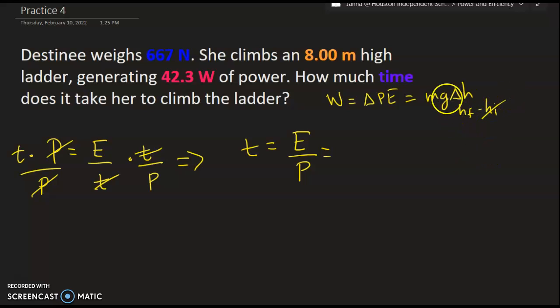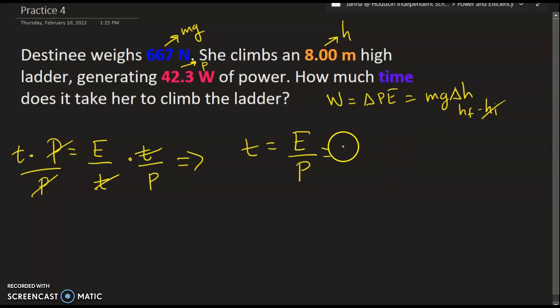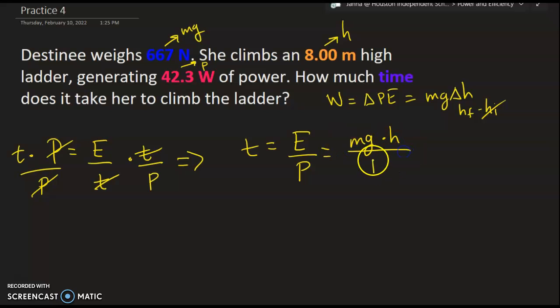Initial height is 0, so it's just going to be mg h final. mg is 667. This is the height. 42.3, this is the power. So we can plug in mg times h over p. mg is 667 times a height of 8. This is times 8 divided by